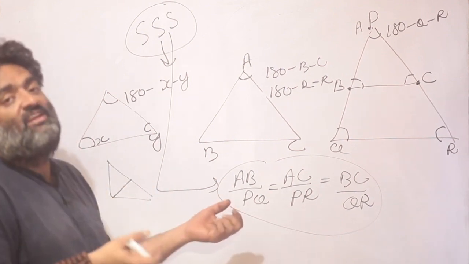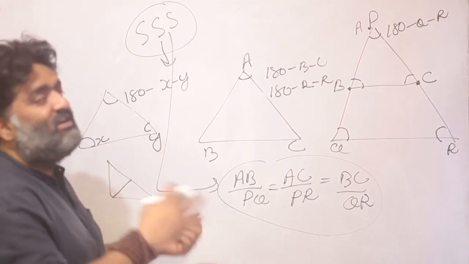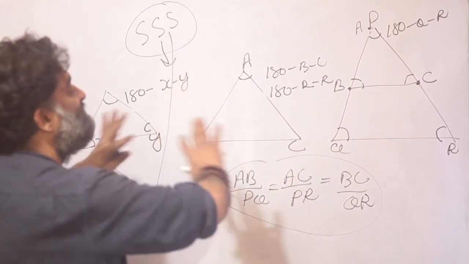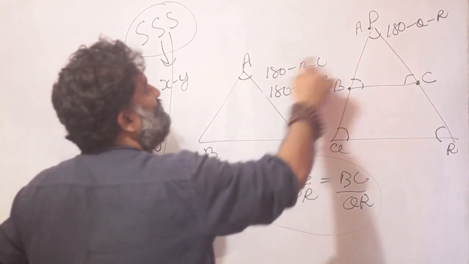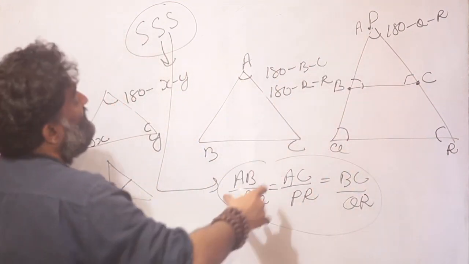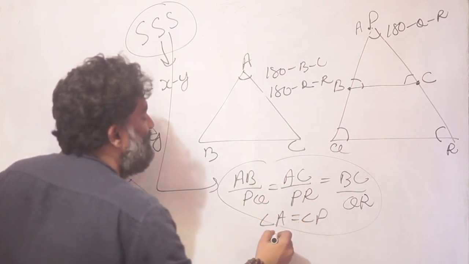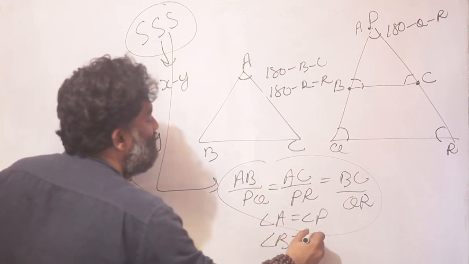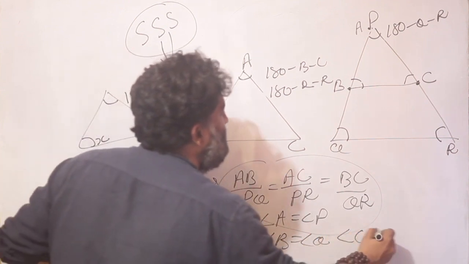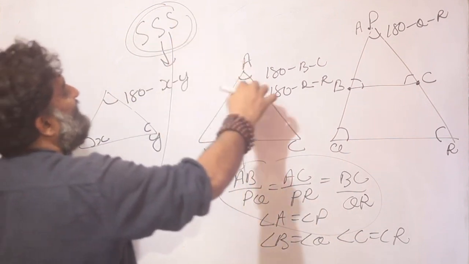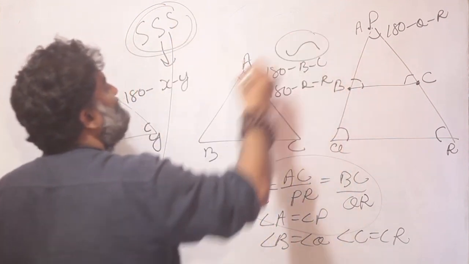So it will require a little more reorientation and practice maybe. But as of now, we are at a very basic stage, so keeping things separate and clear. So I know these angles are also equal to each other. That means if somebody gives me this, I can say angle A is equal to angle P, angle B is equal to angle Q, angle C is equal to angle R, thus proving that if I have this, I can say these two triangles are similar to each other.